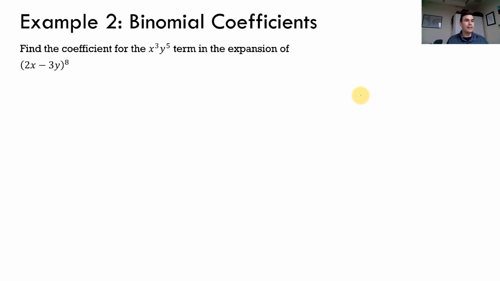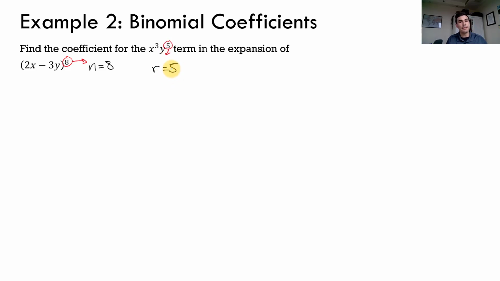Okay, second example, find the coefficient of the x cubed y to the fifth term in the expansion of 2x minus 3y all raised to the 8. Now remember, we need to find n and we need to find r. N we get from whatever this index is, and then r we get by taking a look at this 5 here. Why is that? Well, remember, our second term is always being raised to the r power. So since this term is being raised to the fifth power,